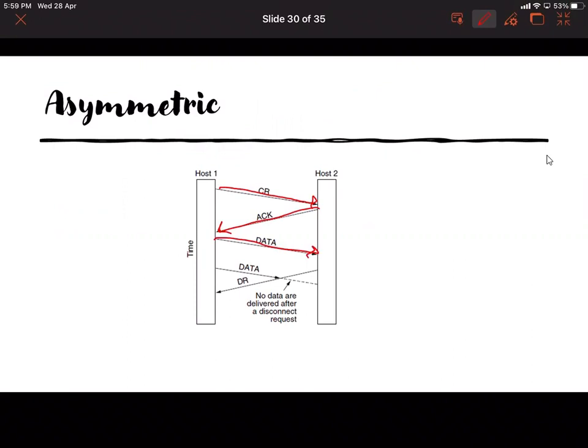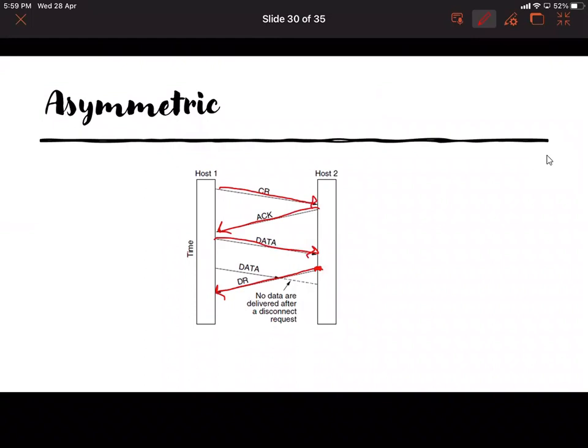Now in asymmetric connection release, any of the two parties can decide to disconnect. You can see here, host 2 decides to disconnect. It sends a disconnect request. DR stands for disconnect request. Once it sends the disconnect request, it will not receive any more data from host 1.